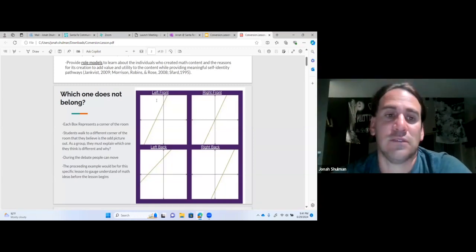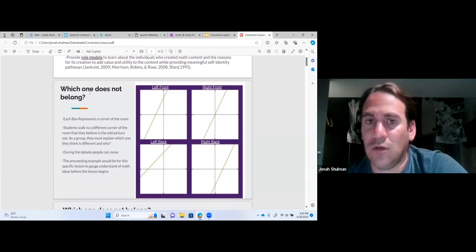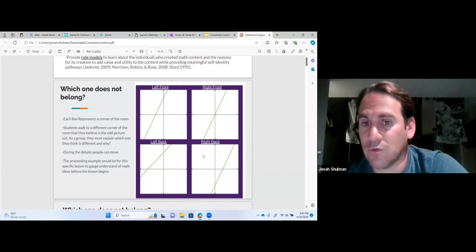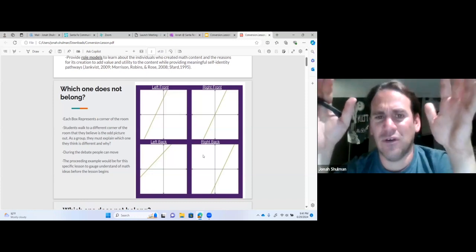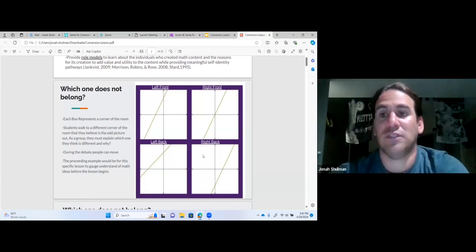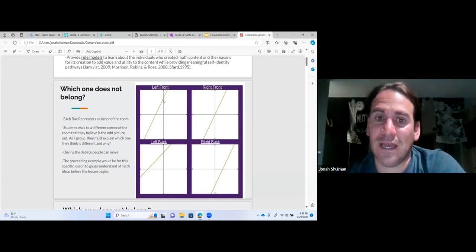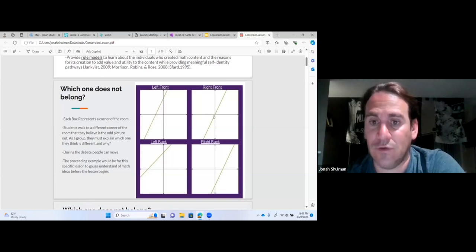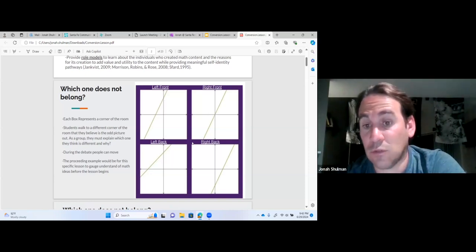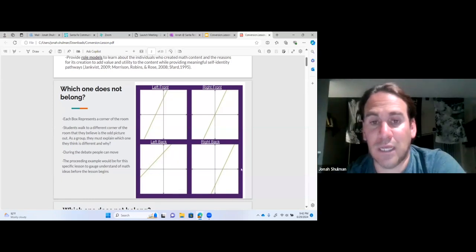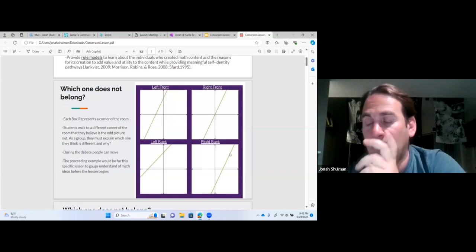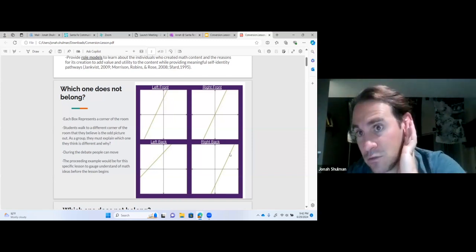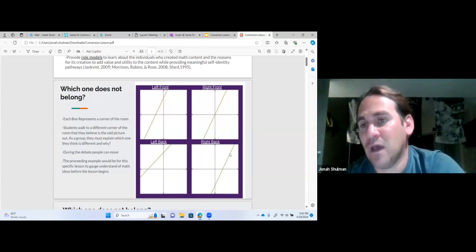So the first thing I did in this lesson was to do what does not belong. And this means the students have to go to each corner of the room. They have to go to the corner of the room where they think the picture is different. Whatever one's different. They could say this one because it has a y-intercept that's positive, a y-intercept that's 0. They can say this one has a lower slope. They can say this one has the steepest slope. It's whatever reason the students want to give for why it's different. But you as the educator, you listen to what they're saying and you can kind of tell what they know,